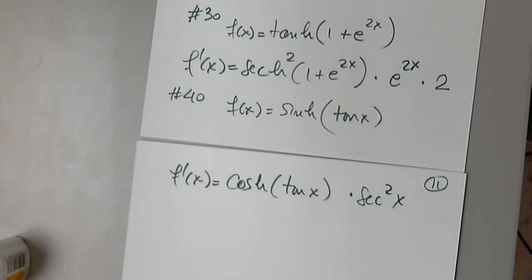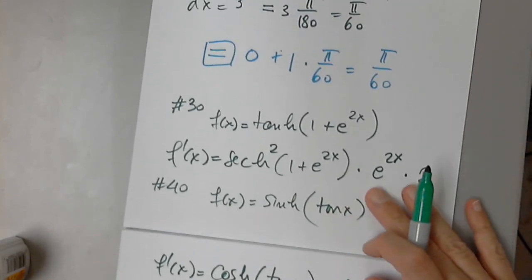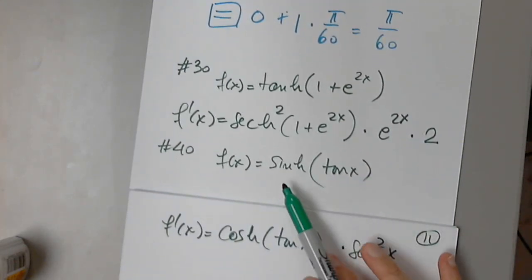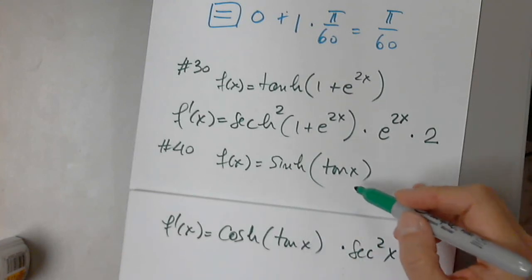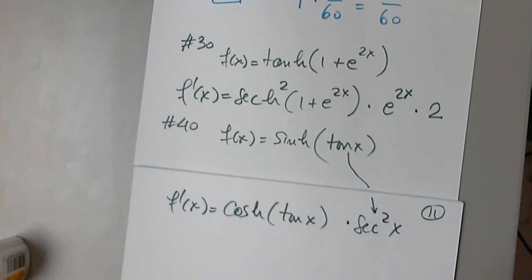Okay, we can stop here if you'd like. If you have anything else, we can continue, of course. Yes, please, Eddie. On number 30, you put the squared after the hyperbolic, but on 40, it's before the x. Say that again. So secant h squared. This one, because it's the inner function prime. So secant